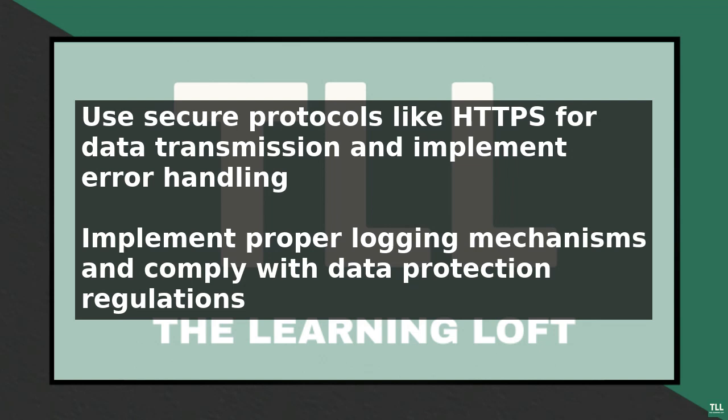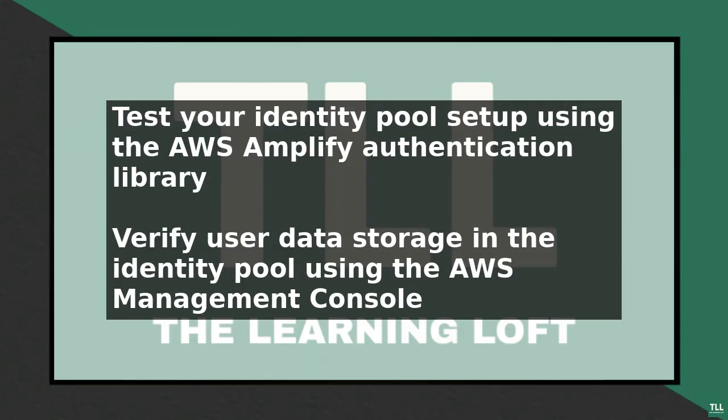data. To test your identity pool setup, use the AWS Amplify authentication library to authenticate a user and then access the user's identity data from the identity pool. You can use the AWS Management Console to verify that the user's data is being stored correctly in the identity